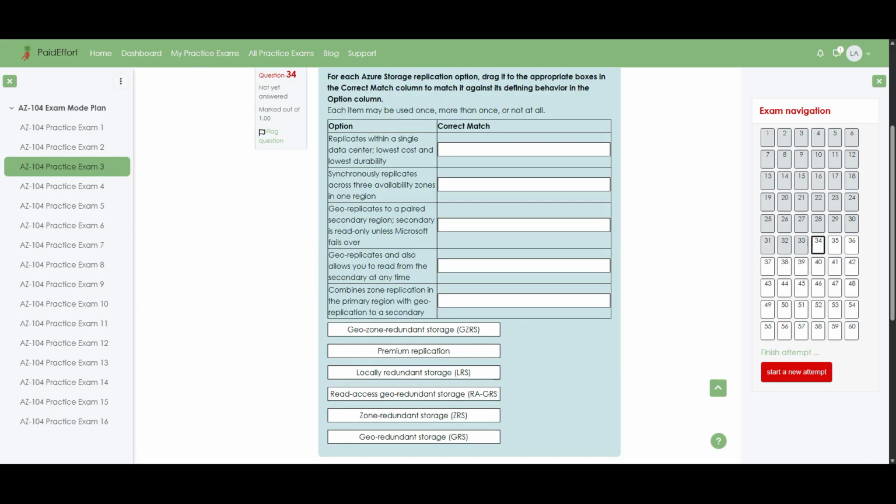Question 34. For each Azure Storage replication option, drag it to the appropriate boxes in the correct match column to match it against its defining behavior in the option column. Each item may be used once, more than once, or not at all. Replicates within a single data center. Lowest cost and lowest durability matches locally